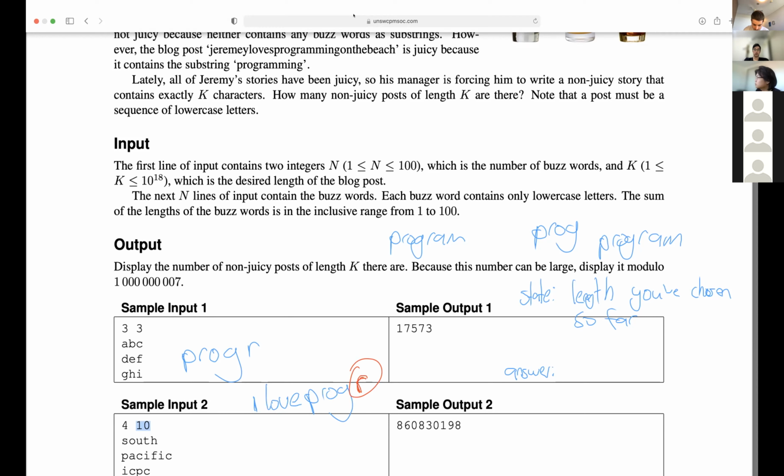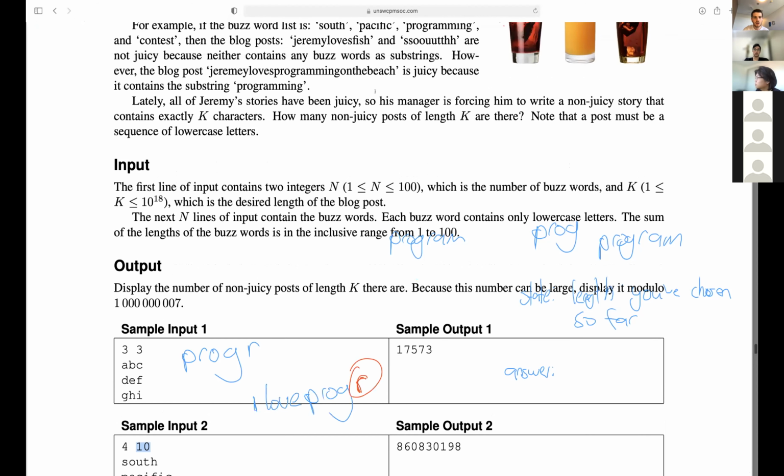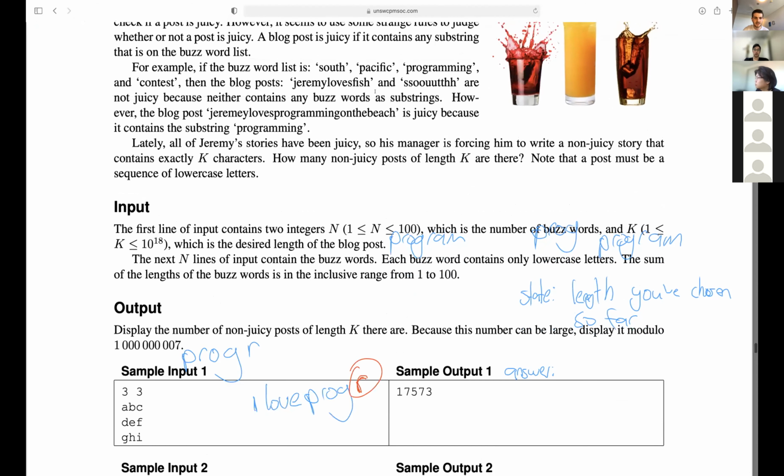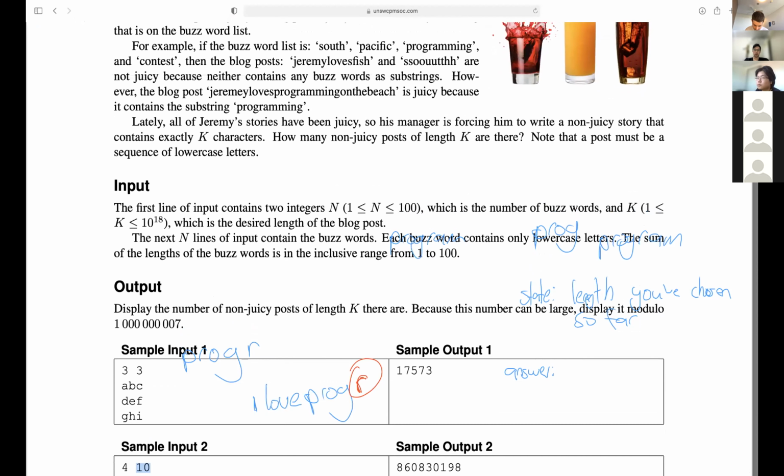If the buzzwords are, in the example, South Pacific and programming and contest, then adding an R to the end here, the only buzzword that could help produce is programming, because that's the only buzzword we've started creating. To work out what buzzwords we've started creating, we want to consider a suffix of our post so far, suffix being at the end. Is this suffix a prefix of any of the buzzwords?